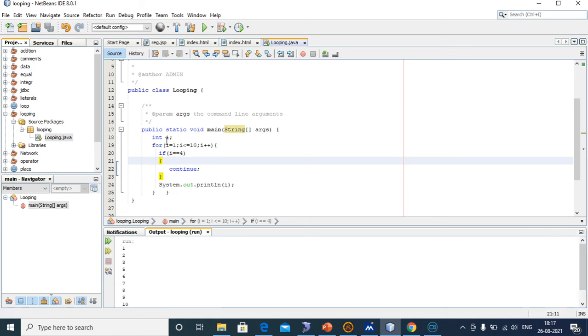This continues the loop because i is equal to 1, i less than or equal to 10, and the i value is incremented after checking the condition. But if i double equal to 4, meaning i is equal to 4, once that condition is met, it does not break. The continue statement skips the rest and continues with the other conditions. If it reaches 4, it also goes and checks the other condition, i less than or equal to 10. If it is less than or equal to 10, it will continue the program. This is the continue statement in Java.